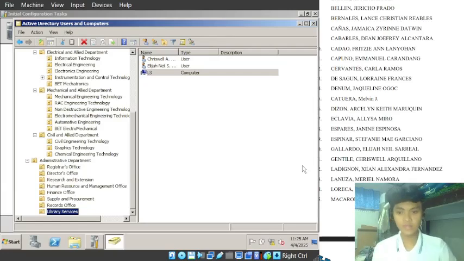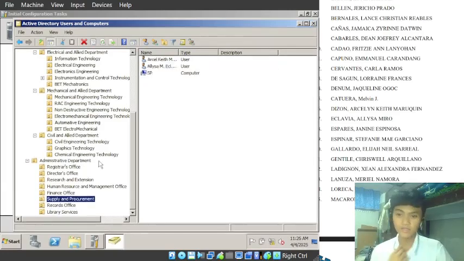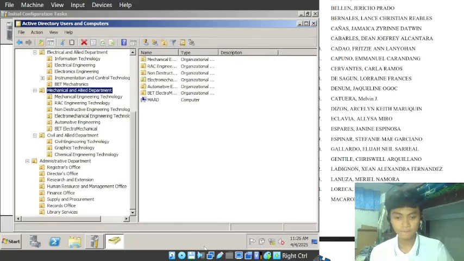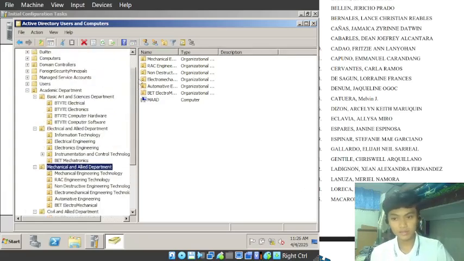Now we have established each department's and office's respective computers. What we have to do next is all users should change their passwords every 30 days. Then the academic users can log on from 7:30 a.m. to 8:45 a.m. For the administrative department it is 7 a.m. to 7 p.m. So to do that, we're gonna do is go to the specific